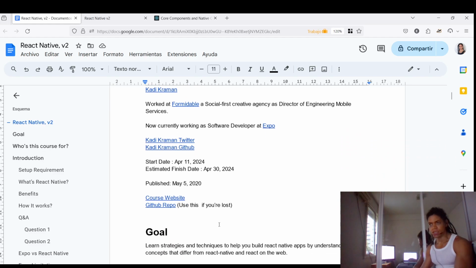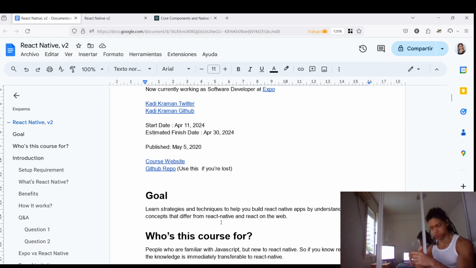So the idea here is understanding who this course is for, what the goal of this is, and a little bit of the introductions. How do you get started building a React Native application? Develop a sense of how these things work, how all of these little units combine together, and finally being able to create a single application that works on 99% of the mobile market share,